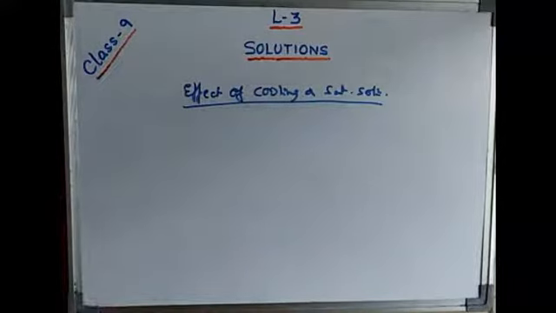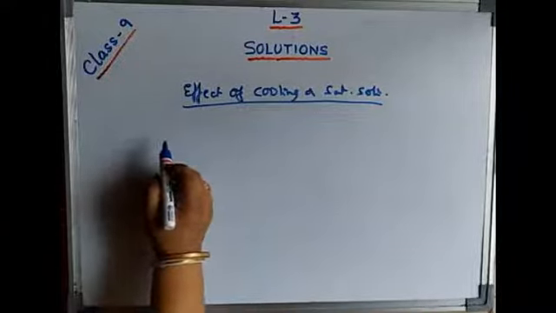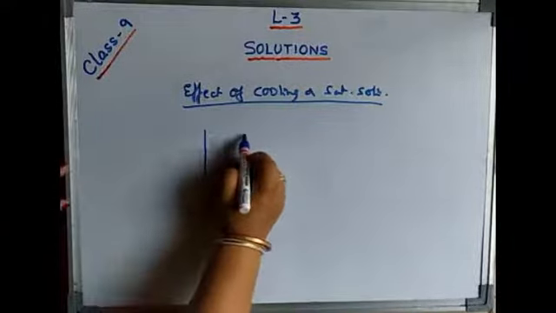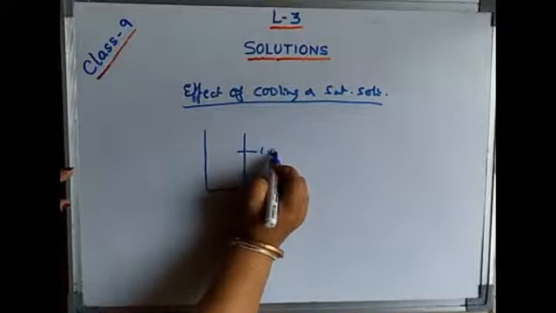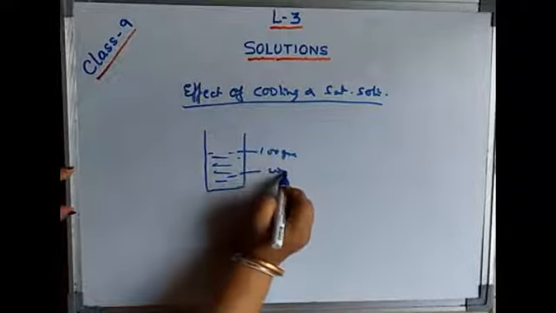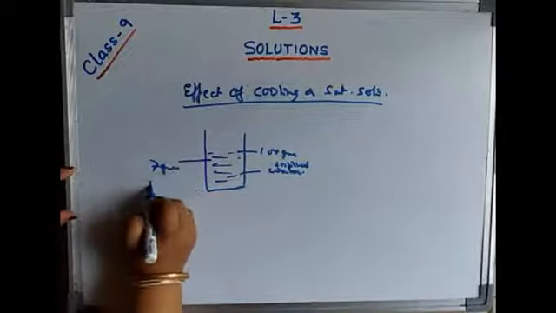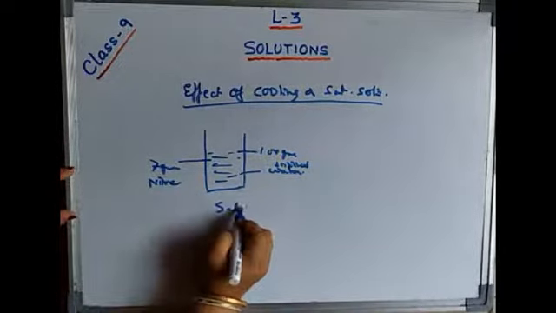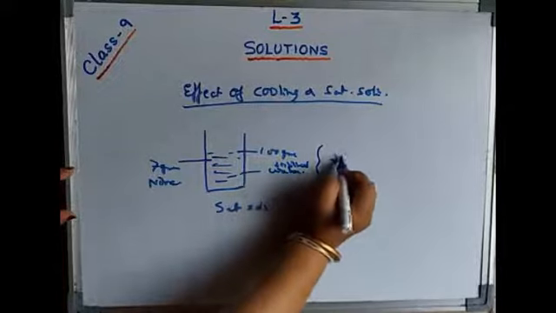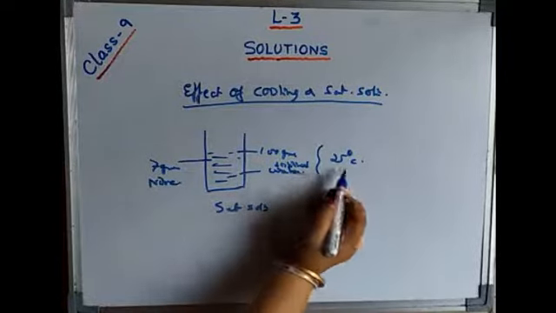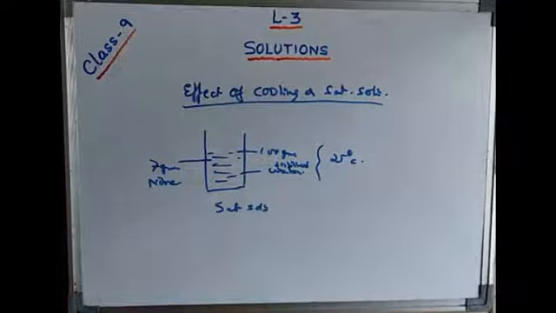Now we find that the given solution is already saturated. Okay, now we start cooling. Just take that example only: in 100 grams of distilled water, it takes 7 grams of niter to make a saturated solution at 25 degrees centigrade. Now I will start cooling, we will decrease the temperature.